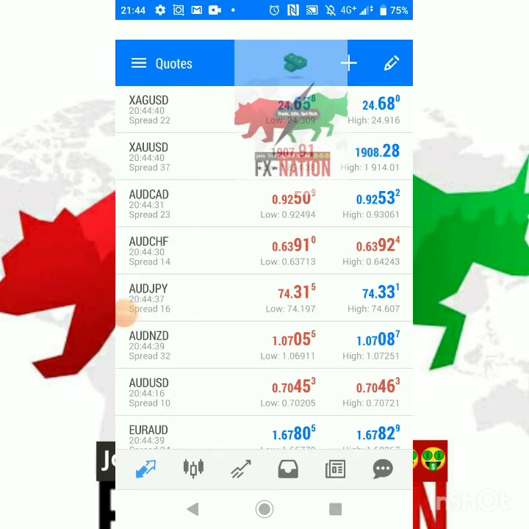Also, most of you are still confused on how to add your synthetic and your financial accounts. Please note, if you go to your deriv.com and log in, when you click on add on the financial, under demo you get your ID, and under real you get your ID. Do the same thing for synthetic. Under synthetic, you click on add synthetic, under demo you get your ID, and under your real account you get your ID. Once you copy those IDs, all your IDs should have the same password so you don't get confused. Once you come over to this side,